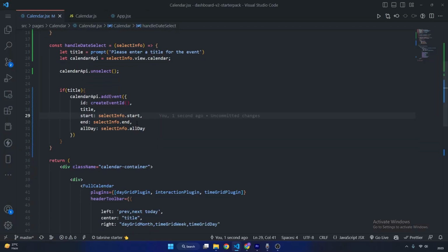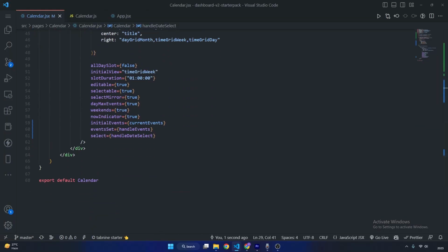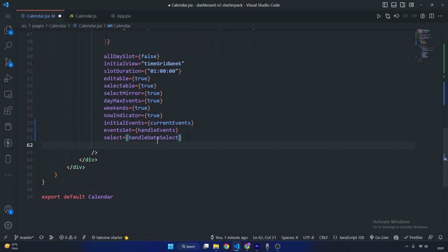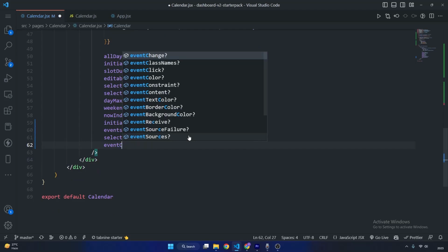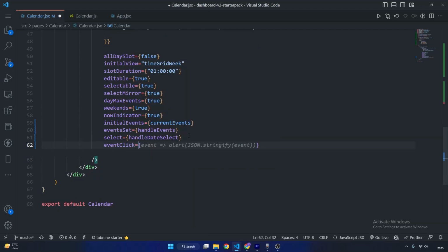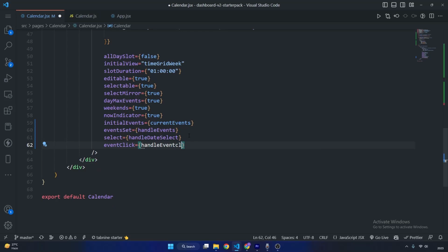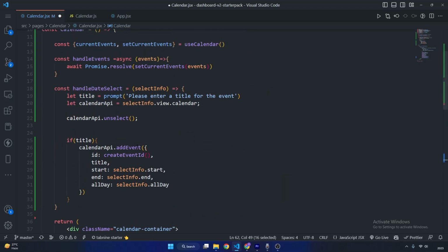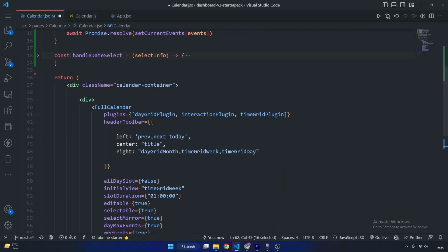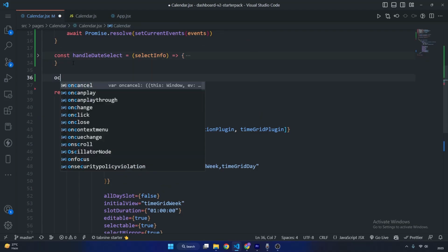Next, I want when I click on any event, then the event should be deleted. So for that, I am writing another parameter event click. So on clicking an event, call the handle event click function. Okay, let's make this function on the top of our file. Let's minimize this, and here I am saying